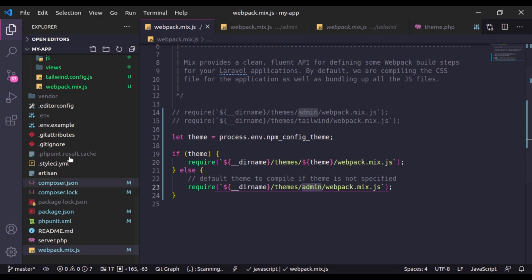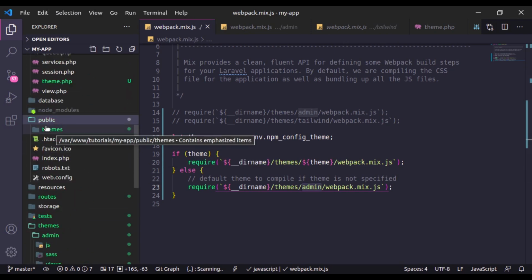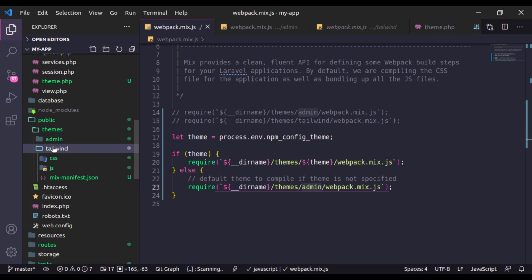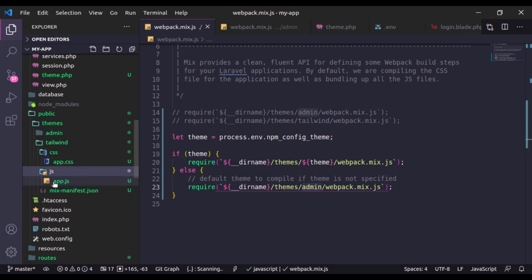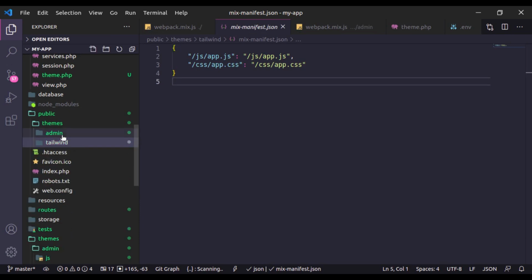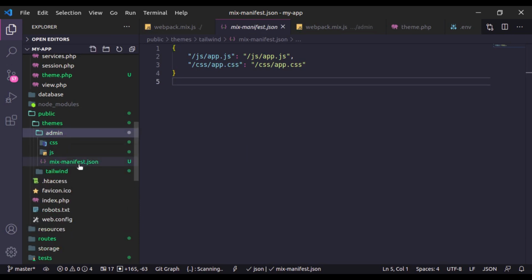Now let's go to the editor, and in the public folder we have a themes folder, and in this themes folder we have all the compiled assets. In the tailwind directory we have compiled css, and in the js we have compiled js, and it also has the mix-manifest.json file. Similarly, it has compiled assets for the admin theme as well.